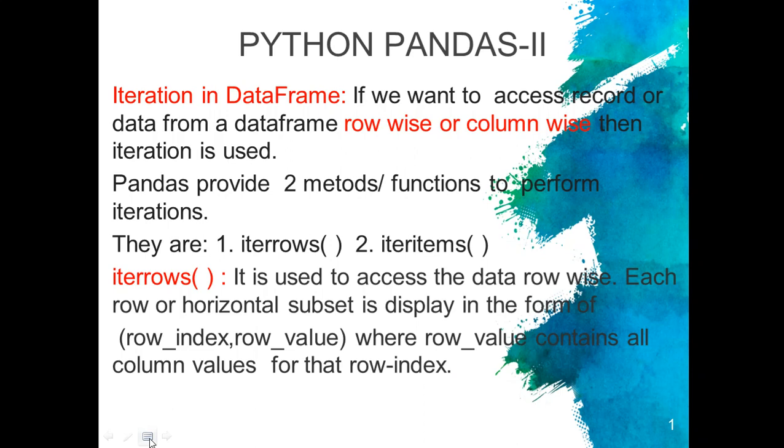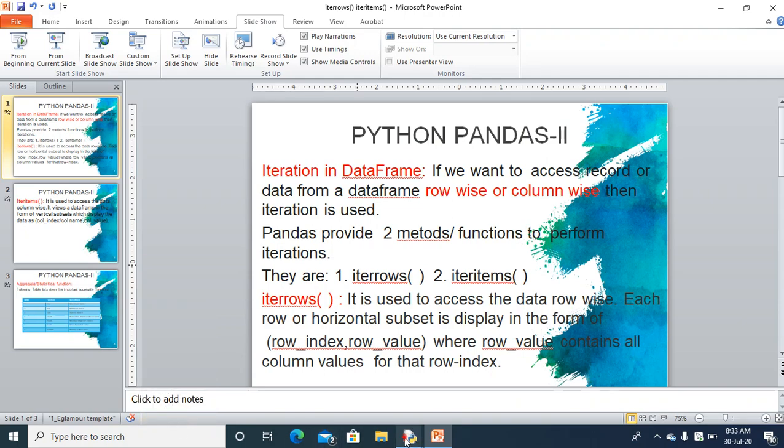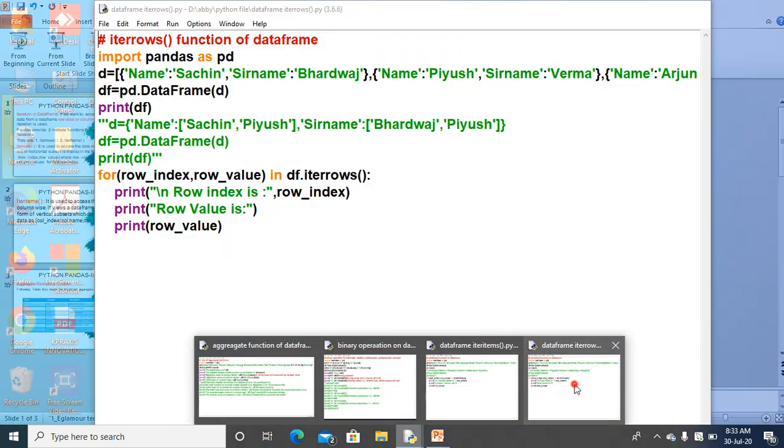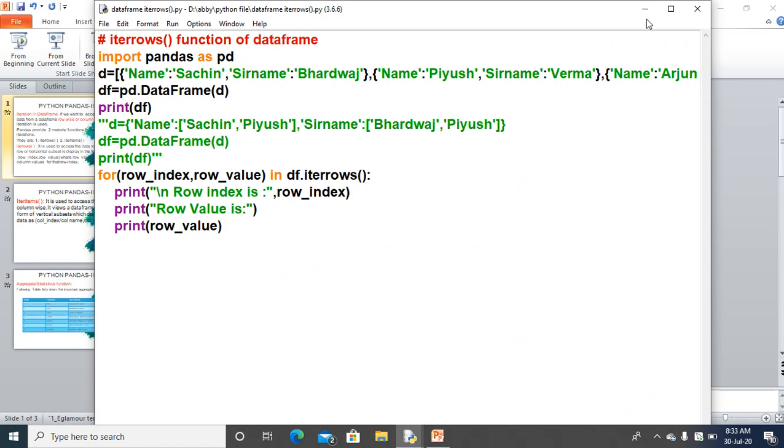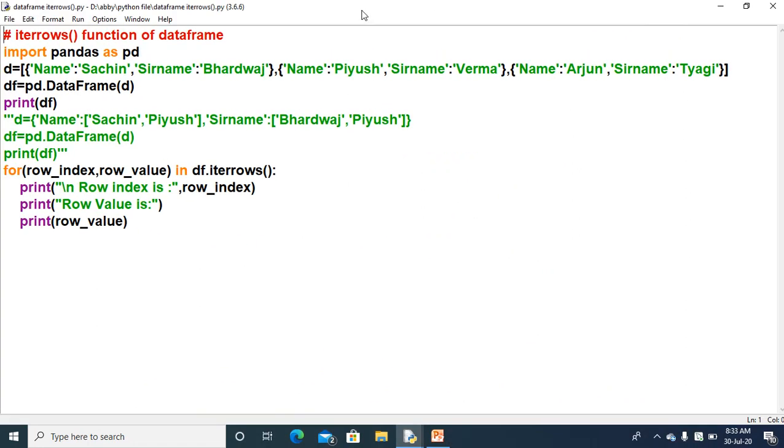So let us go to our program where we have written about iterrows, how it will be done practically. This is the iterrows function of the data frame, where we have created one data frame with the help of a sequence: name Sachin, surname Bhardwaj; name Piyush, surname Verma; name Arjun, surname Tyagi. That means you will be getting 3 records over here.